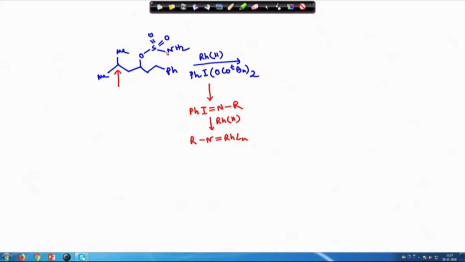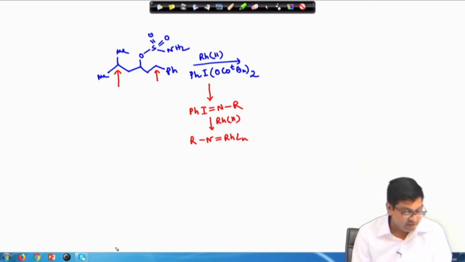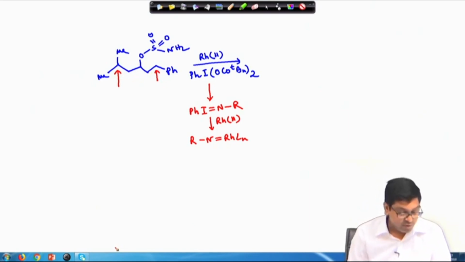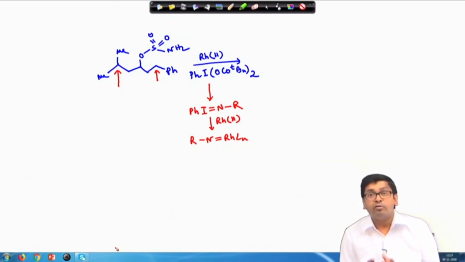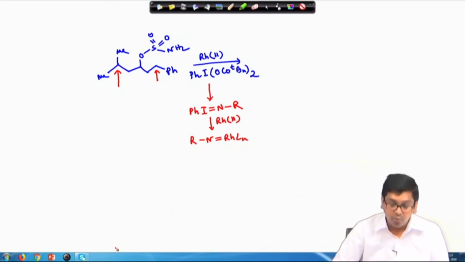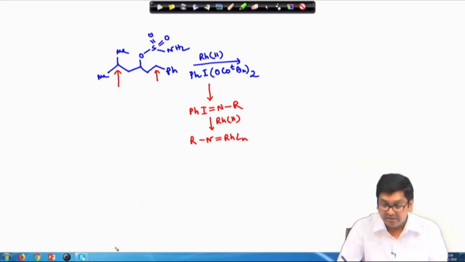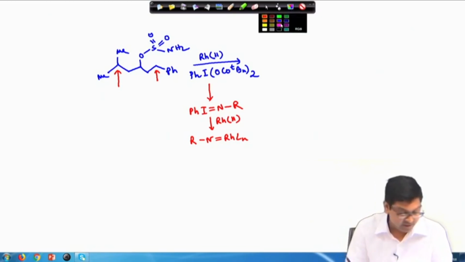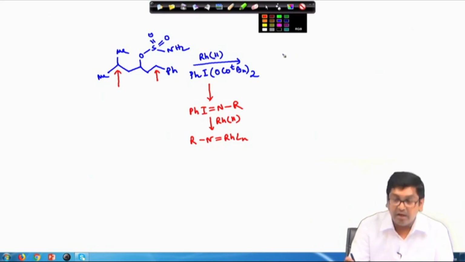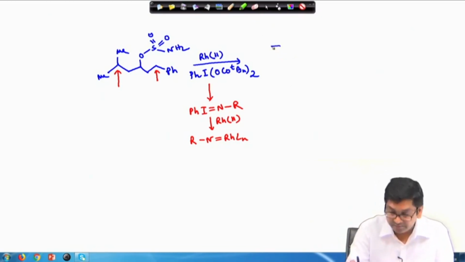If you see here the total ring member, it will be like a 6 member ring, and it can be inserted here also. Okay. In this case this is a 3 degree tertiary carbon and in this case this is the benzylic position. So, now we have to see in which carbon hydrogen bond it will be inserted more and in which carbon hydrogen bond it will be inserted less. So, if you see the mechanistic way to get inserted into a carbon hydrogen bond for this nitrenoid species, then we can tell